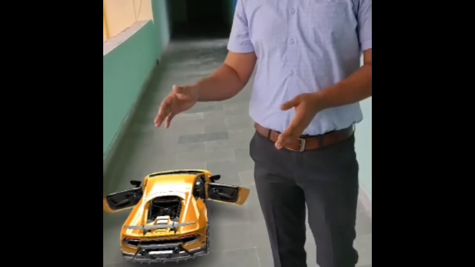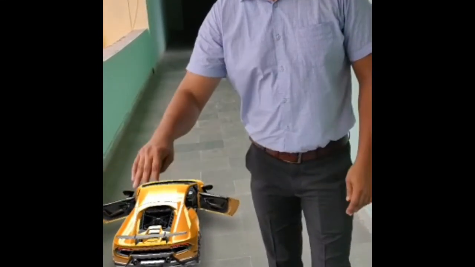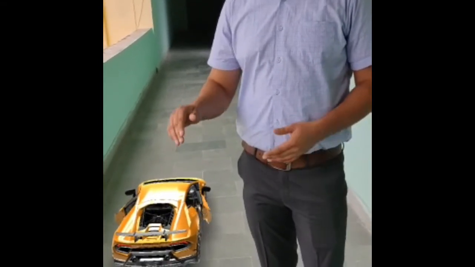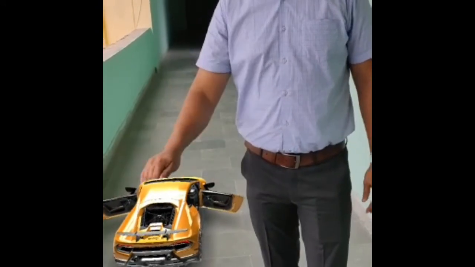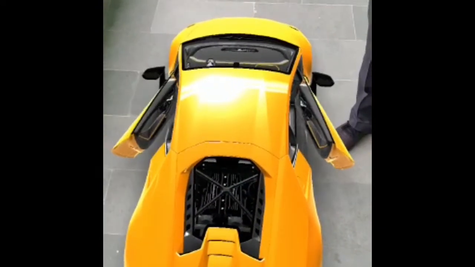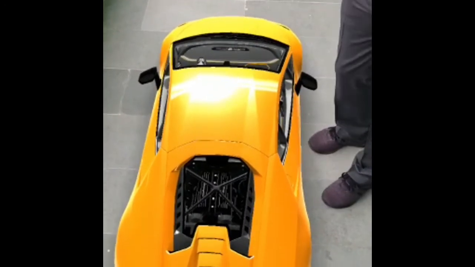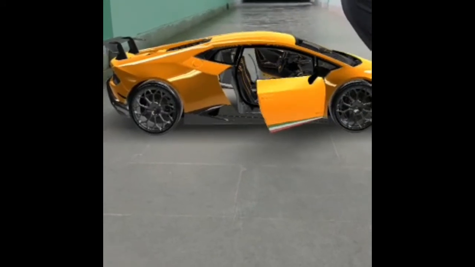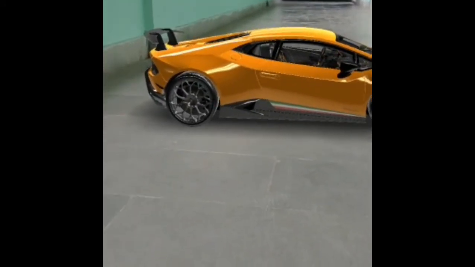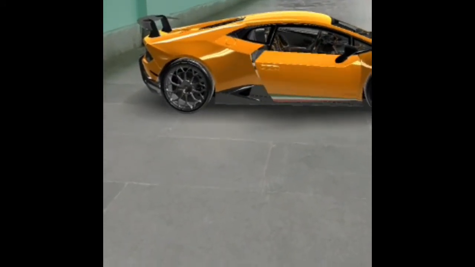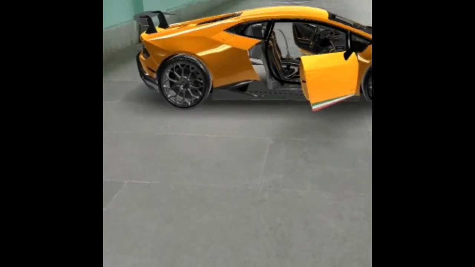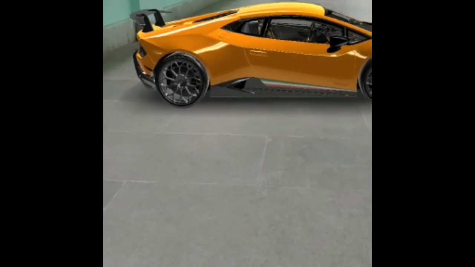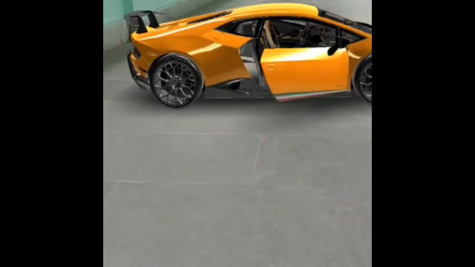Now as you can see, this is the back side of the car. In the earlier scene we saw the front view of the car, now it's the back side of the car. Now you can see that this is the top view of the car. Now it is the side view of the car we are seeing here. Earlier we have seen the top view, the front view, and now this is the side view of the car. Okay, now let's move on to the next slide.